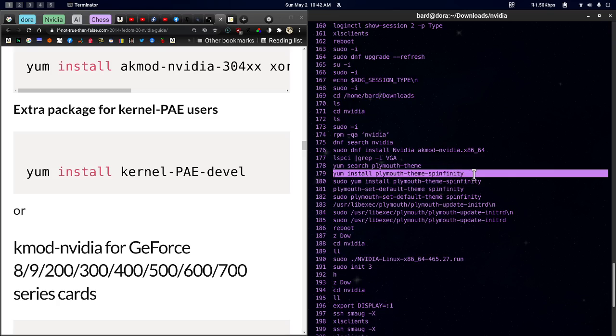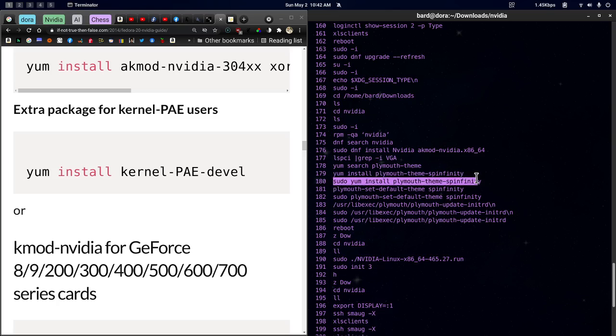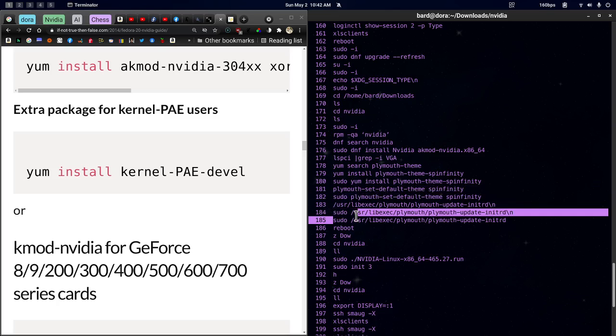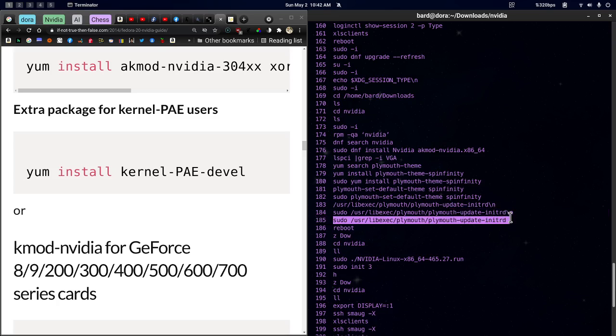So then I did this yum install plymouth-theme-spinfinity, sudo yum install, because I wasn't root at the time. And then I did plymouth-set-default-theme spinfinity, and then this sudo /usr/libexec/plymouth/plymouth-update-initrd, and rebooted. This Plymouth is just the splash screen that you get when you're booting up. So I didn't think this was going to help. However,